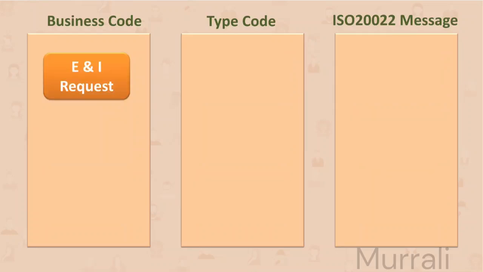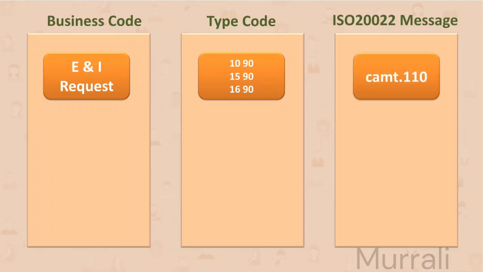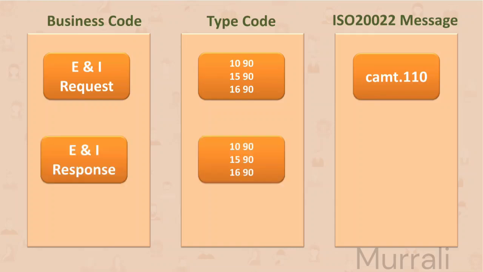In case of any inquiry and investigation request or response, the Fedwire is currently using the 1090, 1590, or 1690 messages for both requests and responses. Now that has been replaced using CAMT.110 for the investigation request and CAMT.111 for the investigation response. I hope now you got the picture of what are all the messages involved in the ISO20022 migration for Fedwire payment